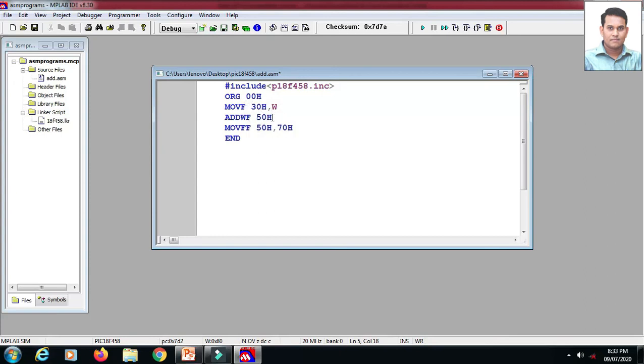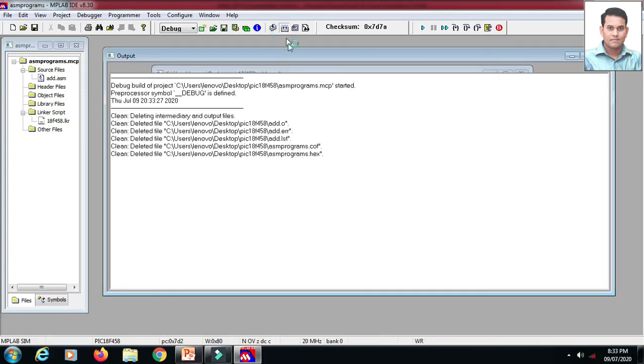So the result by default was stored in the W register, but here that is not the case. Now we have the W register and also a RAM location. So whenever we are adding the contents of the W register and a RAM location, by default the result of the addition will be stored in the RAM location. Okay, we will check this by looking at the watch window.